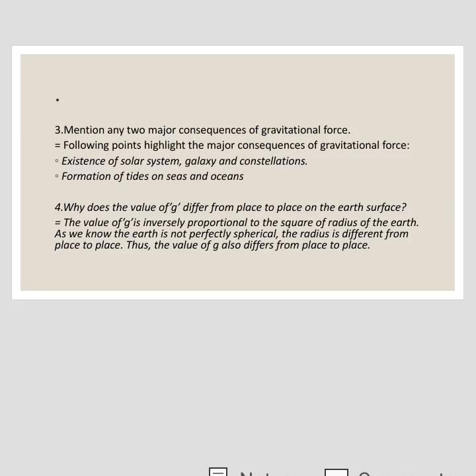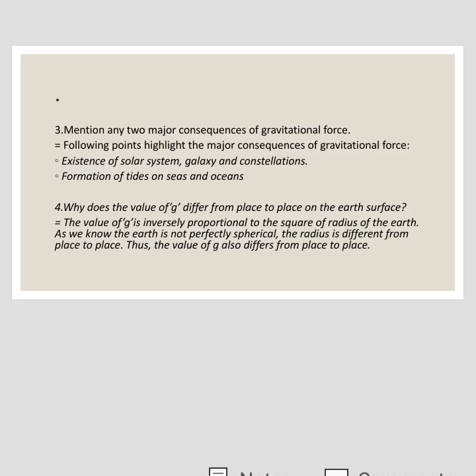Here I have mentioned only two, but there are many consequences of gravitational force, like rainfall on the earth, blowing of air, flowing of water, revolving of the planets around the sun, and revolving of satellites around the planets. So question number 4, why does the value of g differ from place to place on the